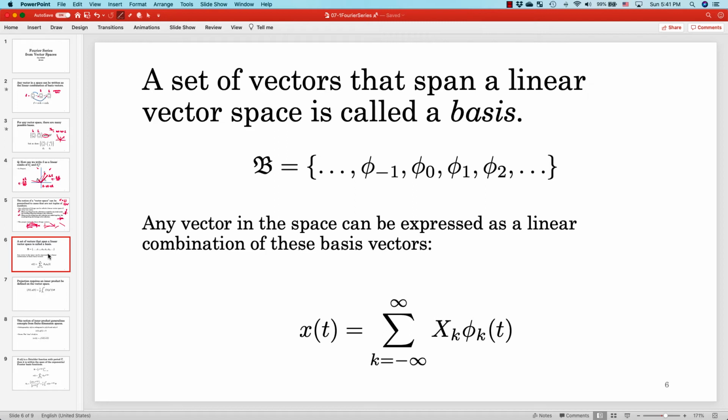So far, all of your vector spaces that you've considered in your introductory linear algebra class have been finite dimensional. So these were the examples, R3, C2, and these indicate the dimension of the vector space. Another way to think about the dimension of a vector space is the smallest number of vectors you could use to span the space. Okay. In the space of periodic functions that I just described, you have what's called an infinite dimensional vector space. So there are an infinite number